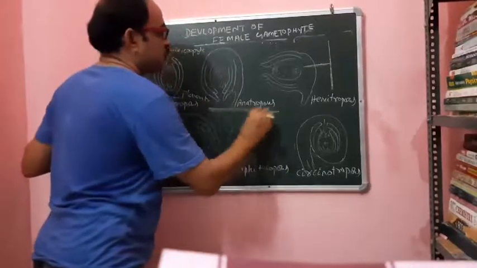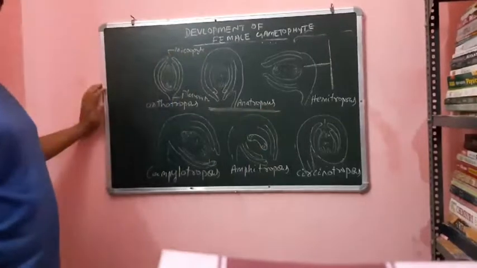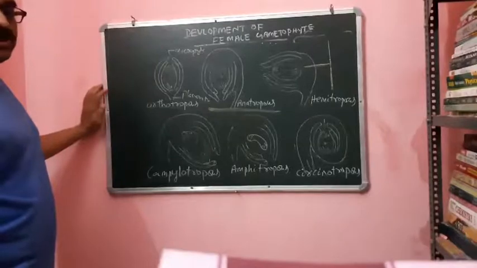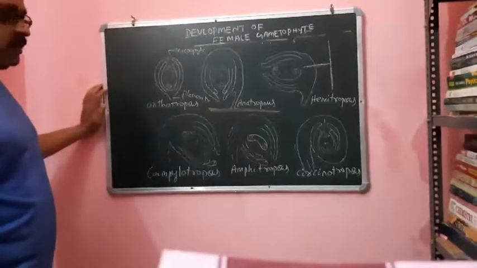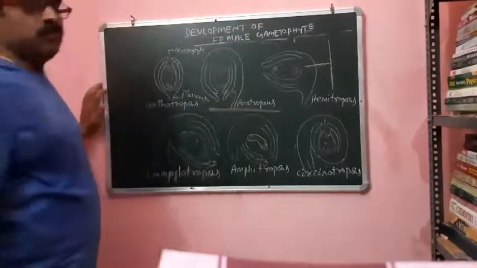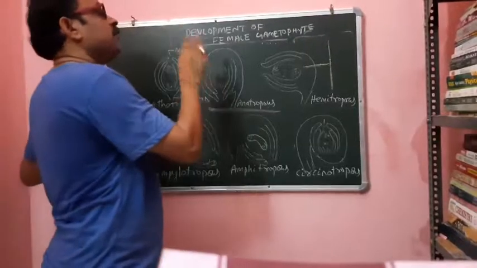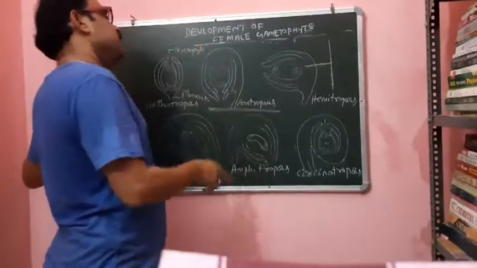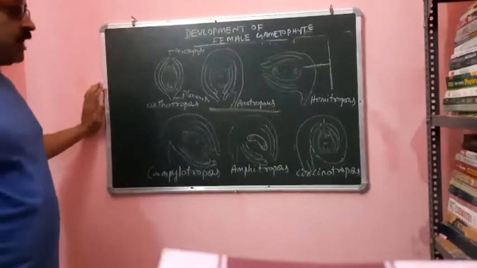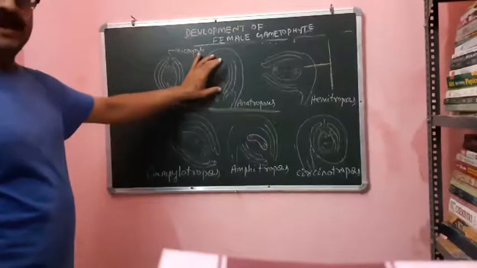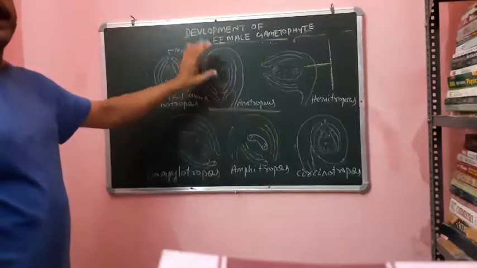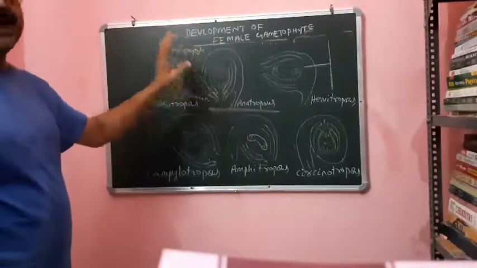There is an 80 to 90 percent chance that this ovule structure will come in your exam: describe the structure of angiospermic ovule. So label the different parts of the anatropous ovule. The ovule is called megasporangium because inside the ovule the embryo sac develops, and the embryo sac is called female gametophyte because it contains the female gamete.